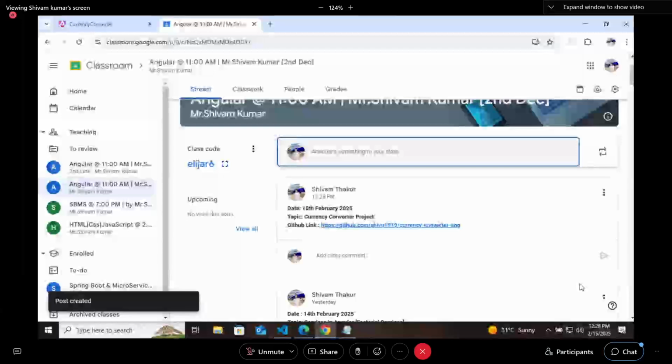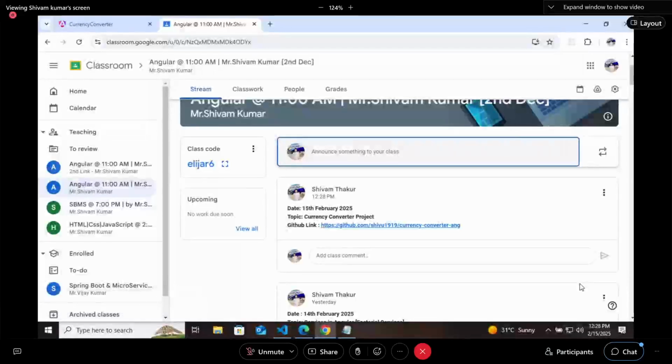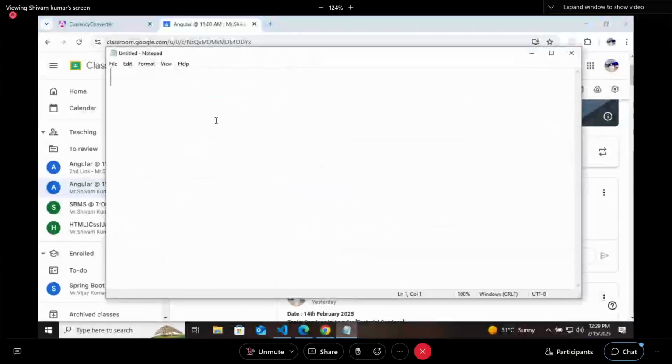I'm telling you one website. See, I love building projects. I can build one project daily, but it's not how the academy works. There are fixed timings. We cannot develop more and more projects. I'm telling you one website. That website is Rapid API. You can go to this website and there are thousands of APIs available.